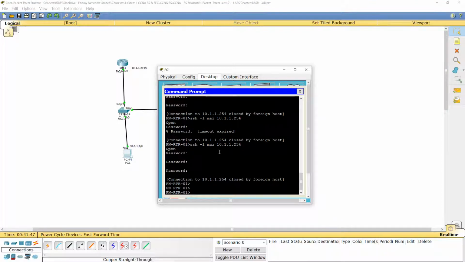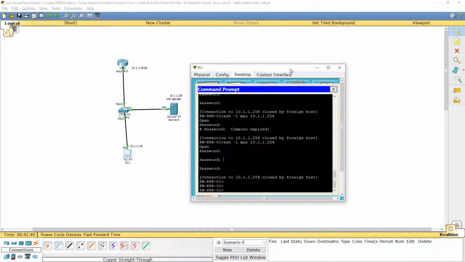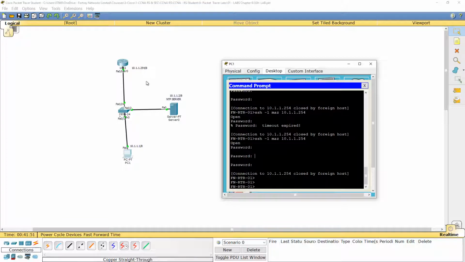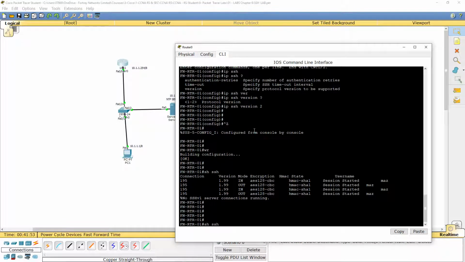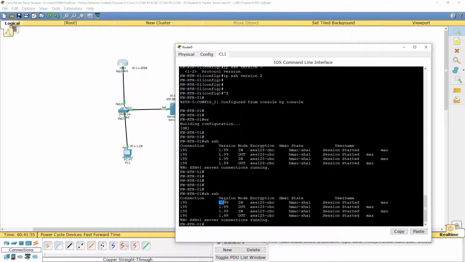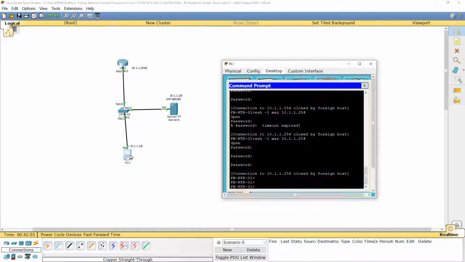I have no idea why it is connected, but at least when you go to the Cisco router and say show ssh, it shows that the session has been initiated. That's how you can test. ssh -l we use for the username, and then the IP address of the router you are trying to access.